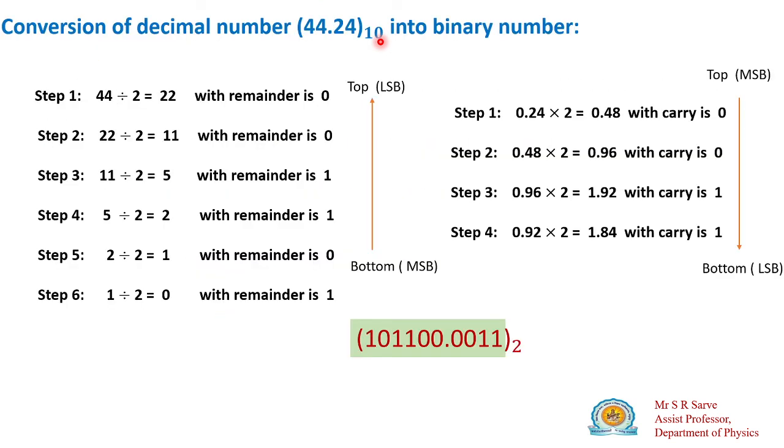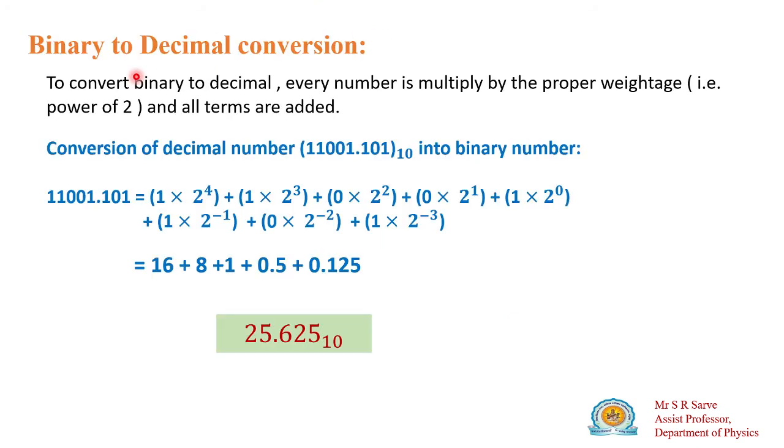So try different numbers yourself and try to convert those decimal numbers into binary numbers. And next we are going to learn how to convert a binary number into a decimal number. It is completely easy. Suppose this is your binary number. Only what we have to do is multiply each digit with its corresponding base power, meaning multiply it with the power of its base.